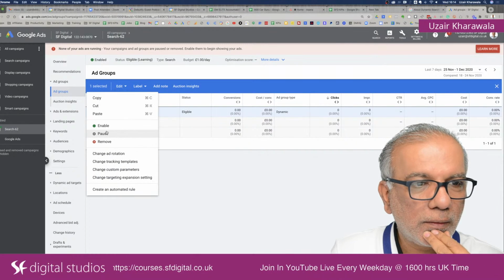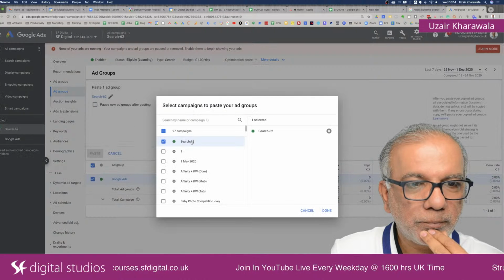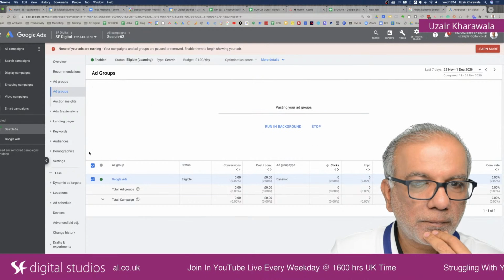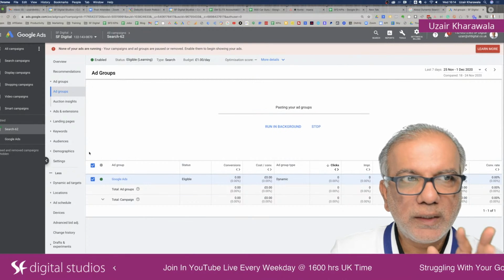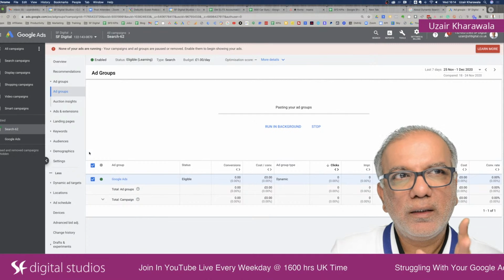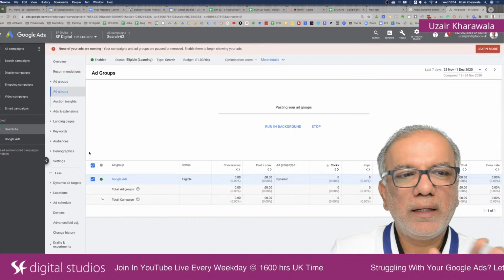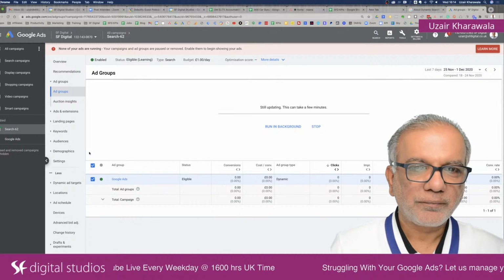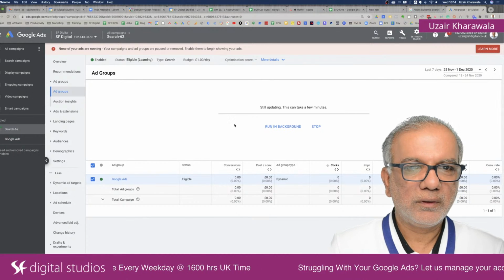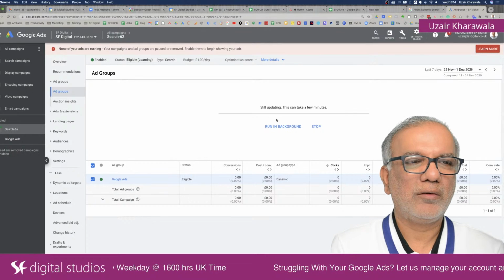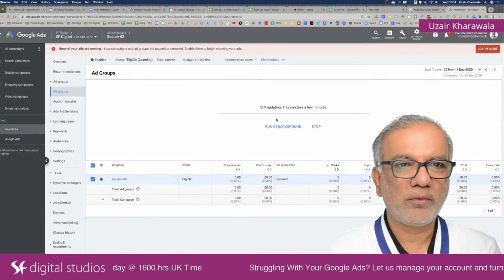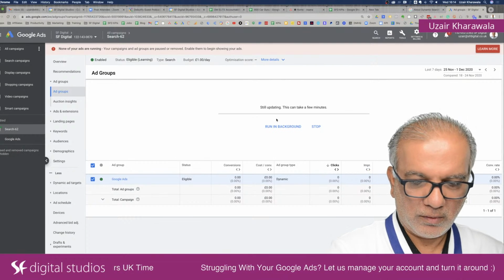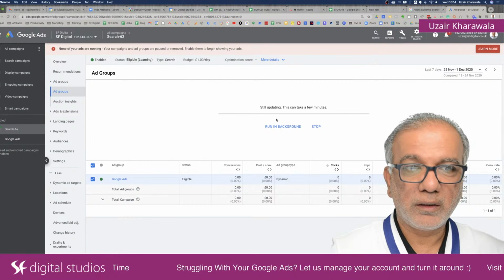and paste it. Select your campaign. So let's say I'm sending this to my Google Analytics web page, right? For example, web design. Let's do web design. Once this uploads, and this is the slow and tedious way of doing this. It's much quicker if you use the editor. It literally takes seconds.